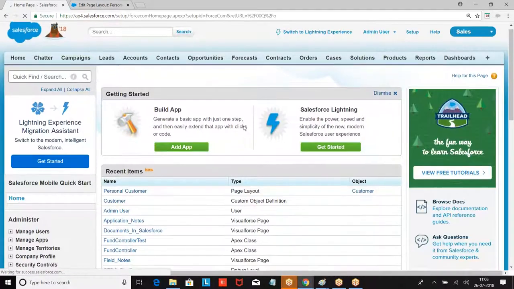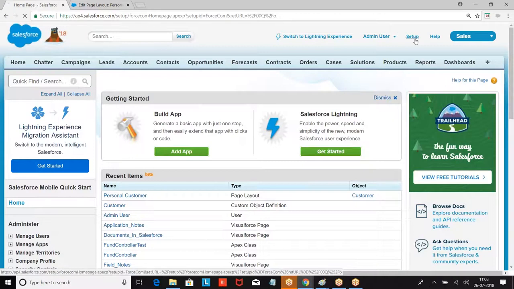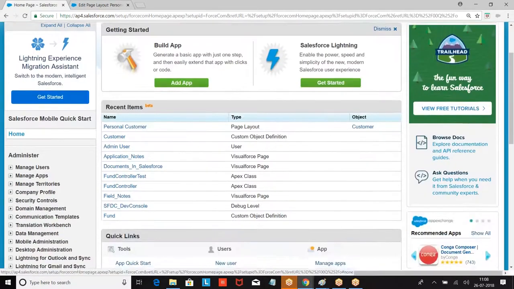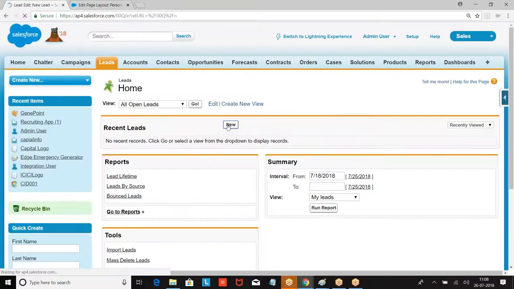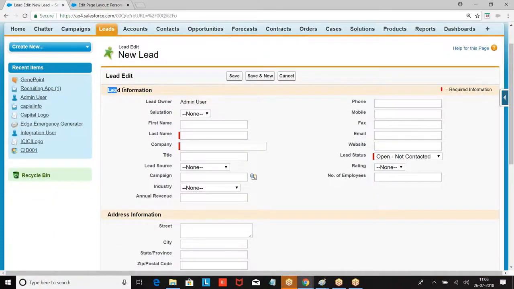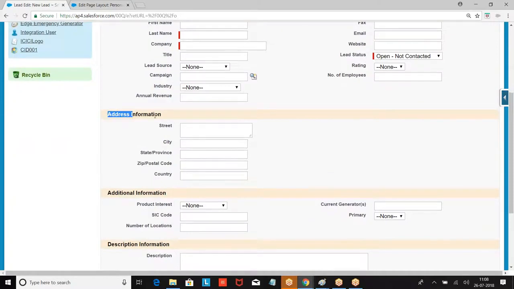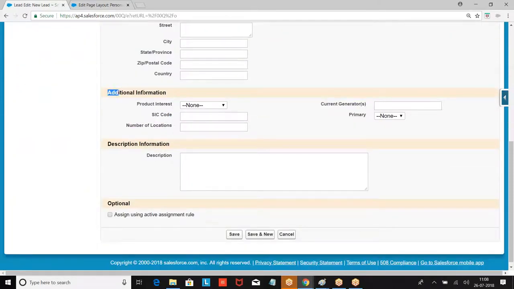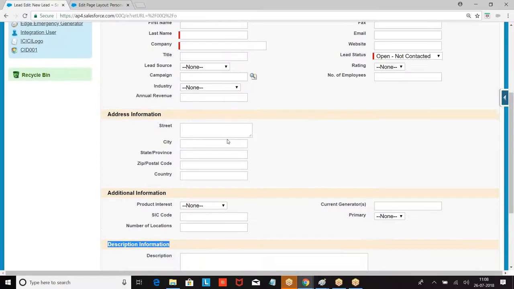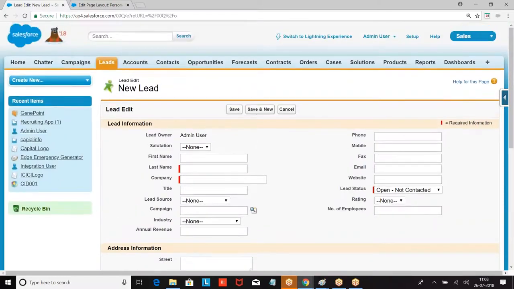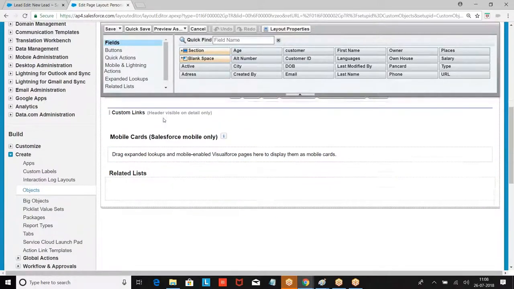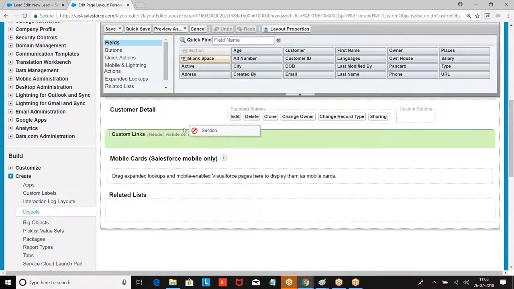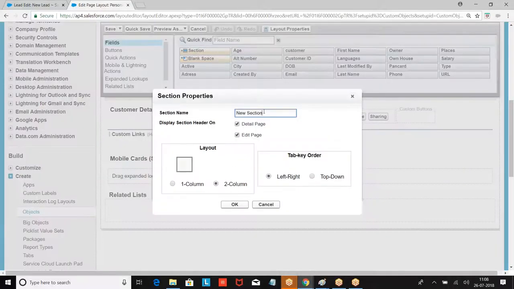When you click on this, new, what was this? Lead information, address information, additional information. What are all these things called? Sections. Now here also you want to create a section, drag and drop.